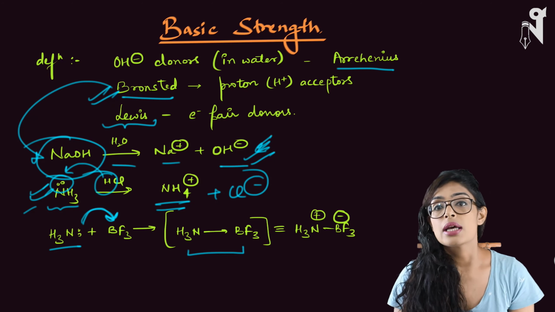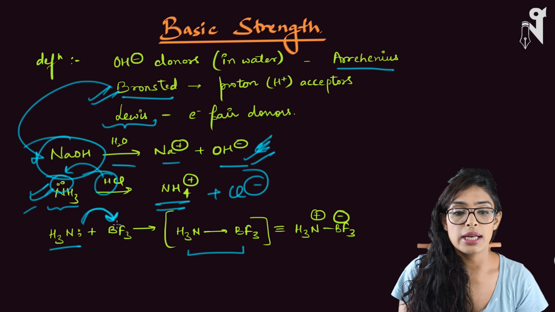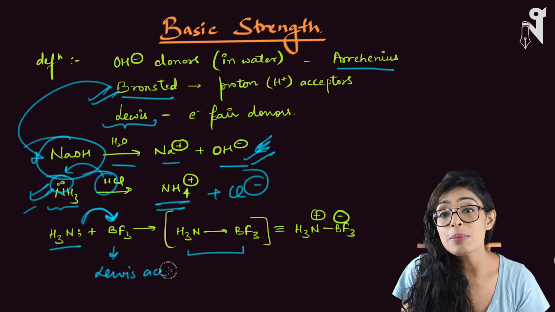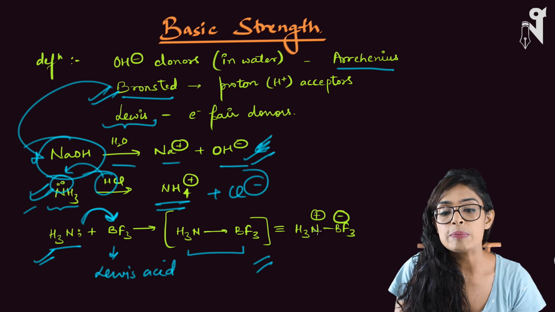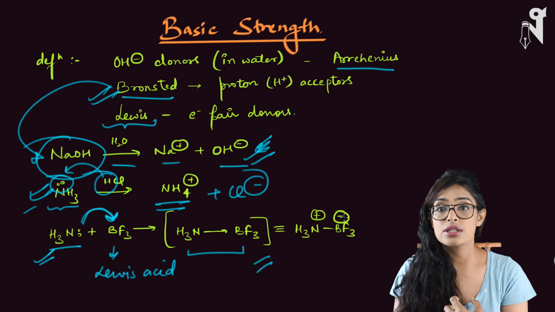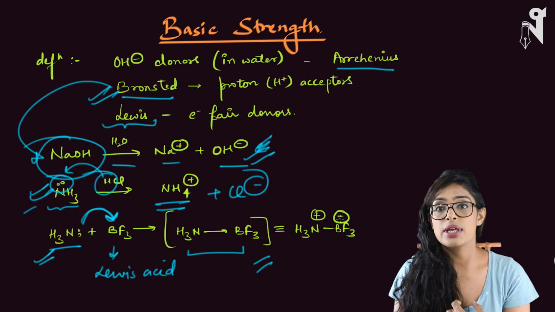So here, because BF3 is electron deficient, it will be called a Lewis acid, and it is capable of taking that electron pair, hence it is a Lewis acid. So this NH3 will act as a Lewis base, BF3 will act as a Lewis acid, BF3 will accept the electron pair, NH3 will give the electron pair, there will be a coordinate bond formation, and this is how the molecule will be formed and can be written as N plus and BF3 minus. So boron will carry a negative charge because it has taken the negative density, and nitrogen will carry a positive charge because it has given the pair of electrons. So this is your definition of Lewis bases.